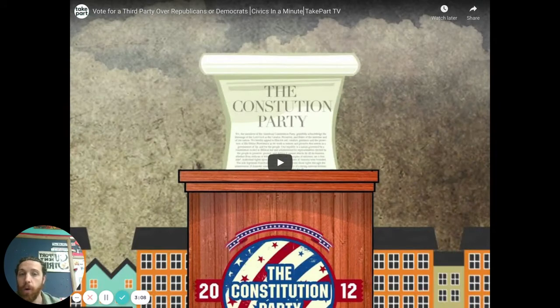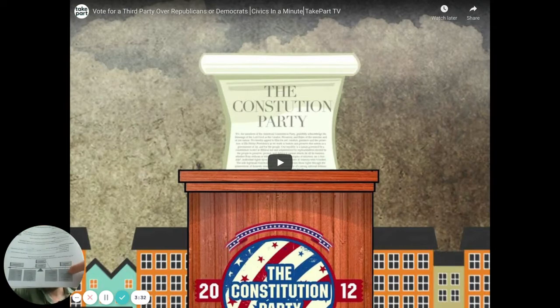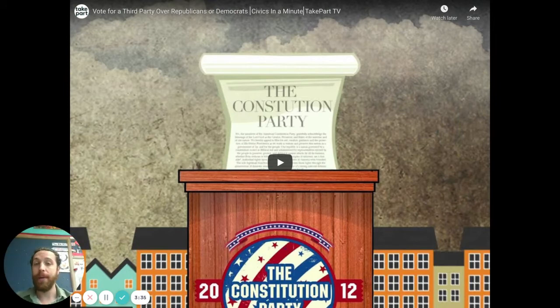Now, to highlight what these parties believe in and their actions, we're going to try something different. I'm actually going to play a video within this screencast so that you get a sense for what they believe in. In your packet, you're going to find a table that represents the views of these political parties, and it's based on the political spectrum. So you're filling out this table based on the video we're about to play. It goes quick, so make sure you are following along, and you can always go back. Here we go.